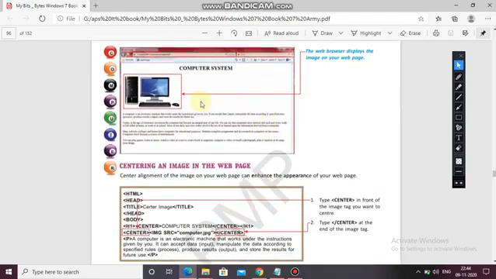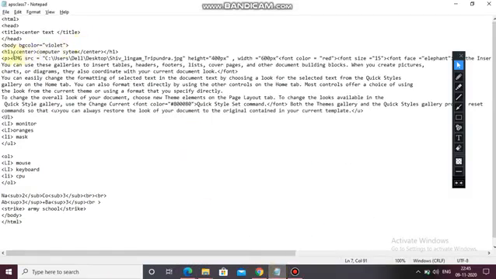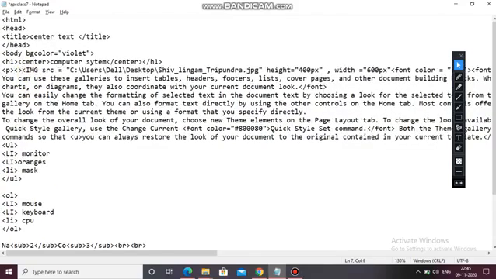Now next, you can see here it has taken the computer image. I have taken the Shivalinga image. Now centering an image in the web page means you have to align your image in the center. So for that you have to use the center tag. Let's see that it works or not. I'm just making this more clear to you all. Here I am using a center tag until the last, till where it has stopped before font. Here I am closing center. Control S.